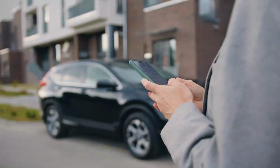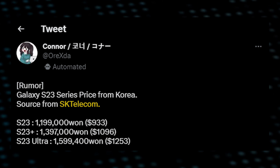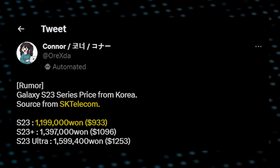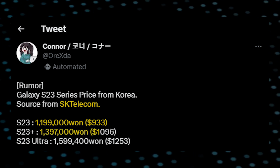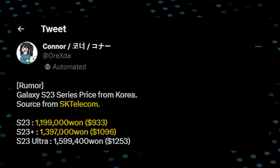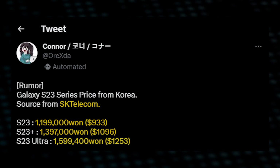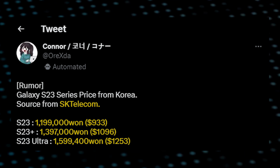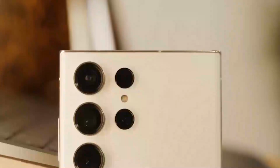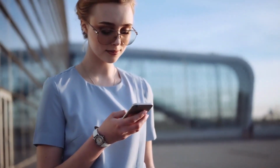According to one report, the S23 series could receive an increase. According to a tweet citing a Korean source, SK Telecom tweeted the S23 will cost $1,199,933, S23 Plus at $1,397,001, $1,096, and the S23 Ultra costing $1,599,401, $1,253. Camera. Multiple sources suggest the S23 Ultra will have 4 cameras on the rear, with one significant upgrade: a